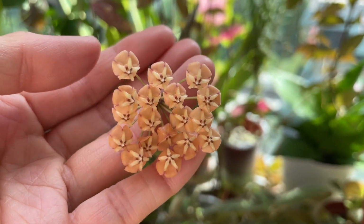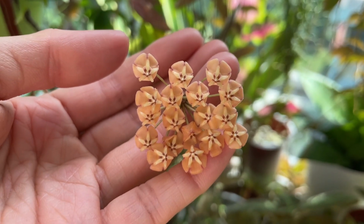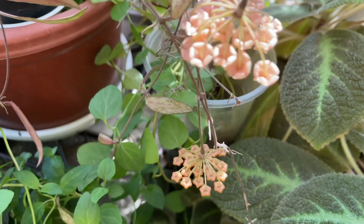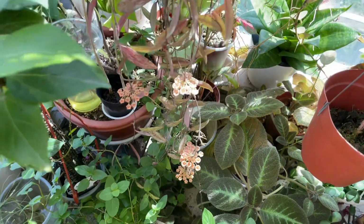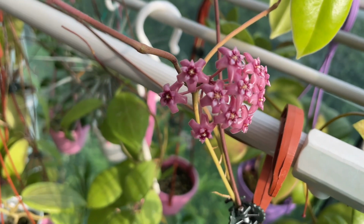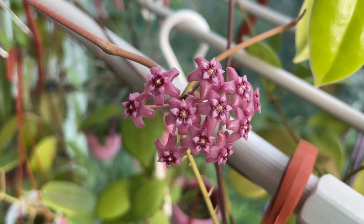Now, Cingillatis is not exactly a very easy Hoya to grow. This is actually the second time that I have attempted to grow this Hoya. And I did note that it really needs a lot less water and it requires being dried out before watering again. Over this side, this cheerful pink flowers greets us,